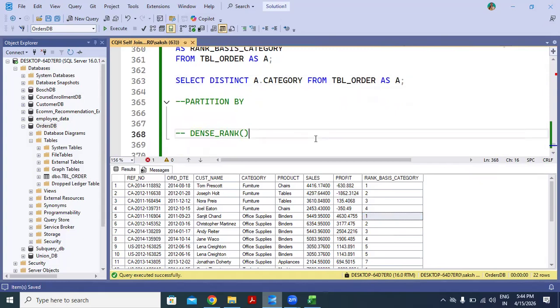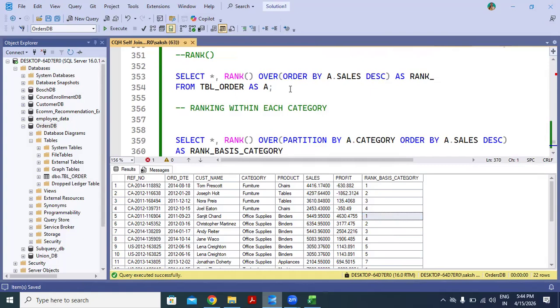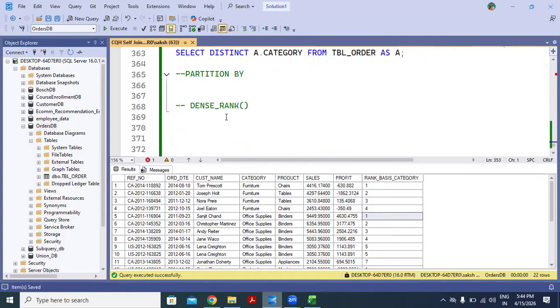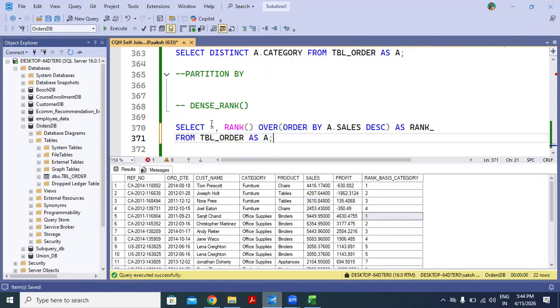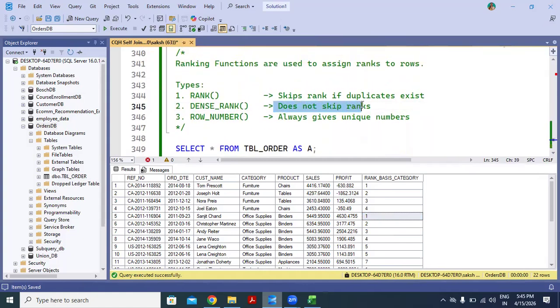Now let's move on to the next ranking function, that is dense rank. So let's take this command. Now instead of rank, just mention the dense rank. Everything will remain same. So you can write it as dense rank. So by its definition, it does not skip rank.